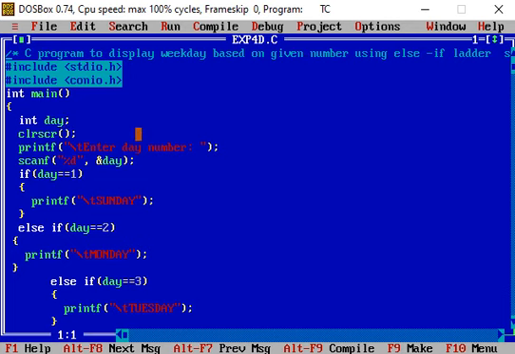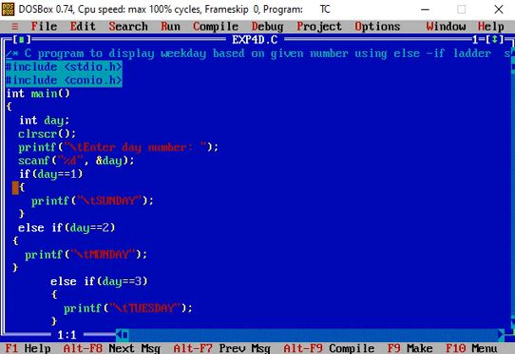Then clrscr clears up anything previously written on the output screen. Then printf statement, enter day number, prints a message on the output screen. Then that number is taken in by the scanf function and is stored in the variable day.